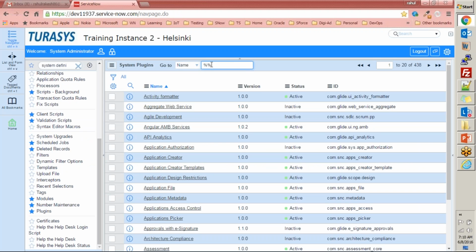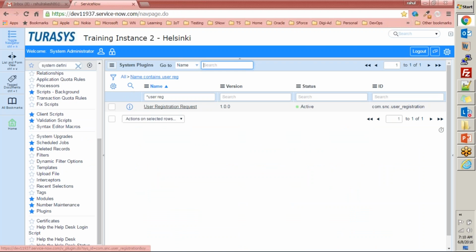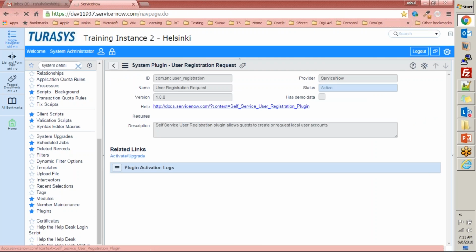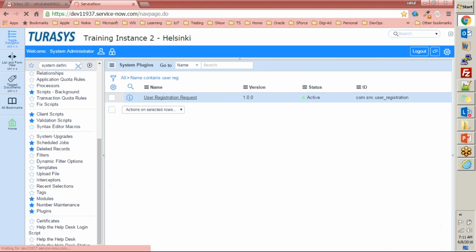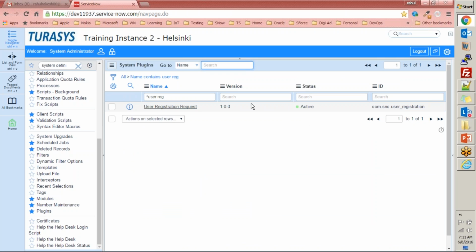Let's go and see. I'll use the search bar here and search user reg, something like this, and it will bring me to the user registration plugin. I can go ahead and see the details of it, right? The detail view can also be seen here, where you can see that the status of this plugin is active, right? This plugin was initially not active.